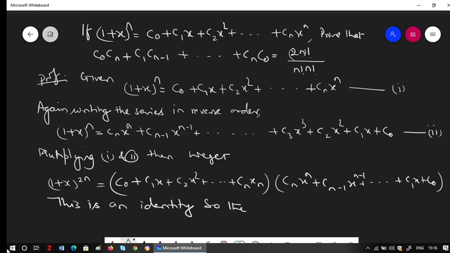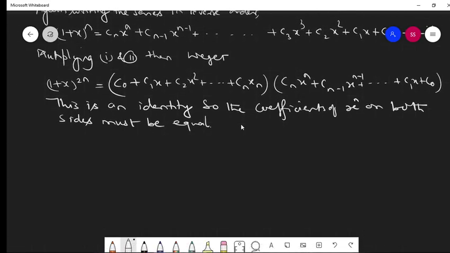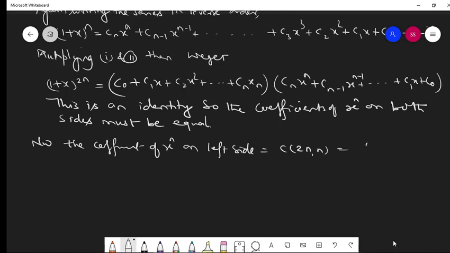So the coefficient of x to the power n on both sides must be equal. Therefore, that must be equal. Now, the coefficient of x to the power n on the left side equals 2n choose n, that is (2n)! / (n!·n!),